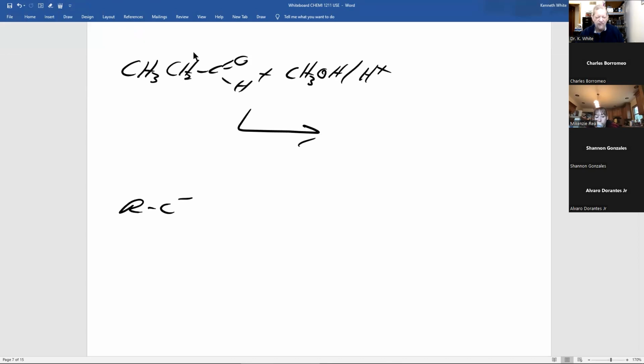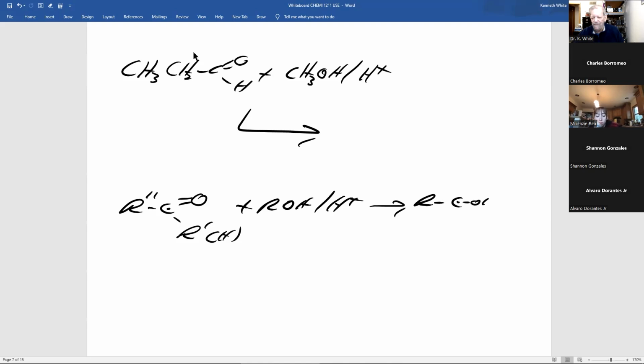And I'll give you the general reaction. And why don't you try it? What would be the organic product or products for that reaction? And I'll never give you a synthesis for this one.